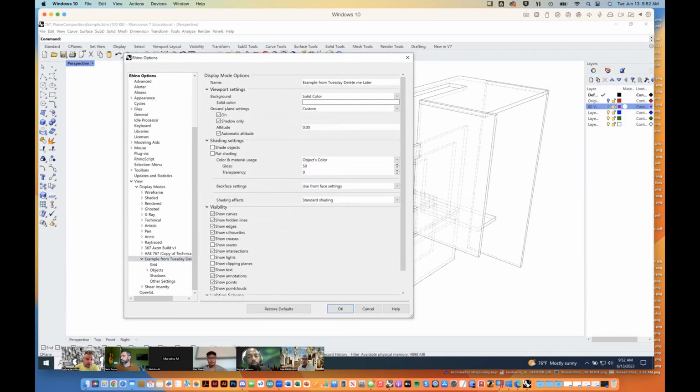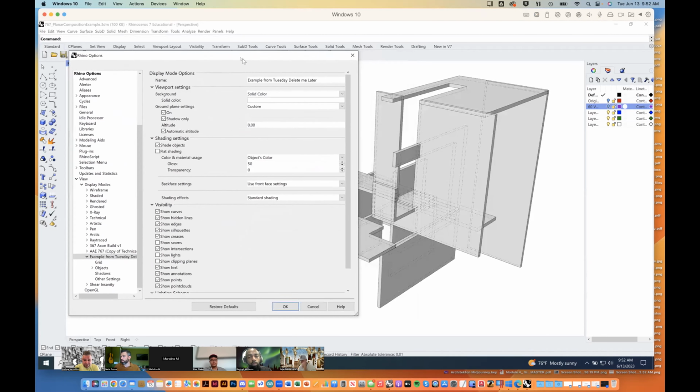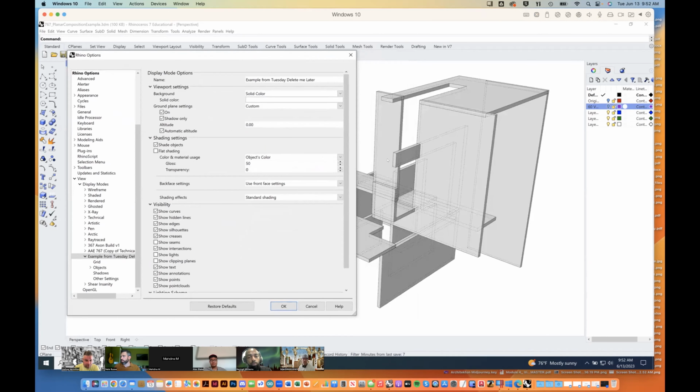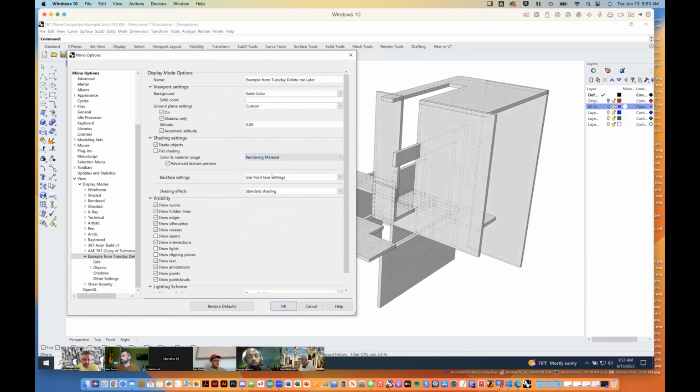Ground plane settings, I'm going to leave that on and leave shadow only. Shading settings, I'm going to say shade objects. Okay, it's going to give me some flat shading to start off with. For color, material, and usage, instead of saying object color, like the layer color, I'm going to say whatever rendering material that we have set. And that way later on, if we set some sort of shaders and materials to this, then it'll display those in our